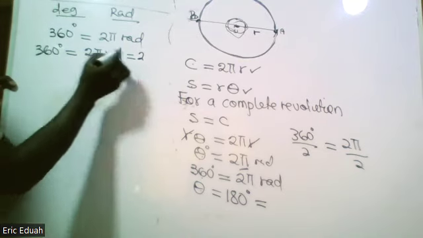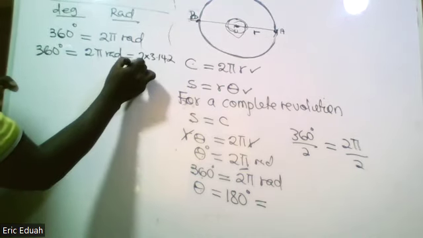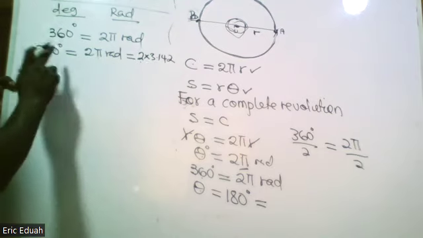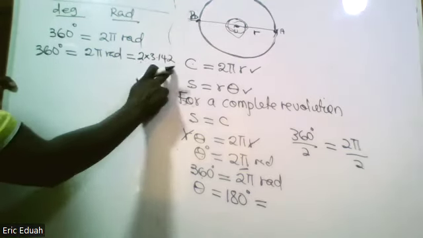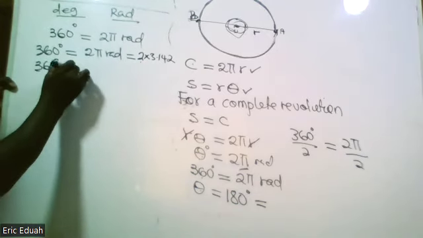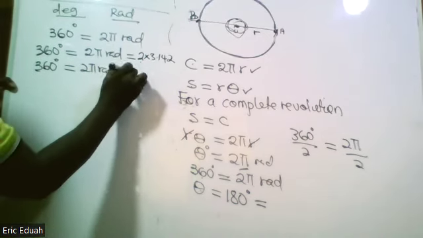So I can substitute 3.142 multiplied by 2 and have the degree equivalents also in radians. So I can say that 360 degrees is equal to 2 pi radians, and it's also equal to